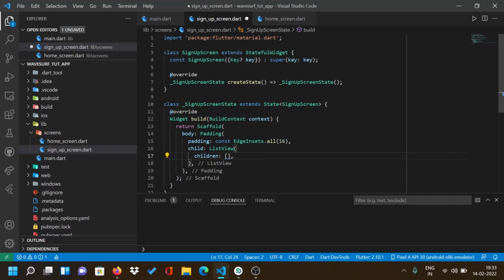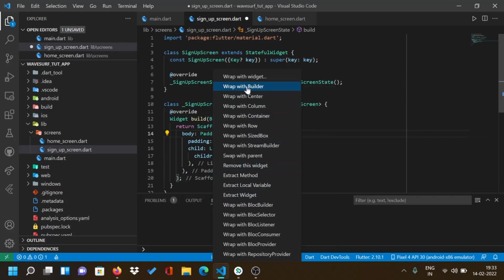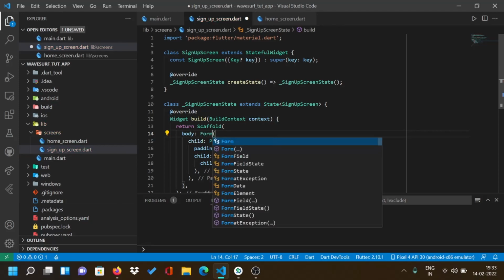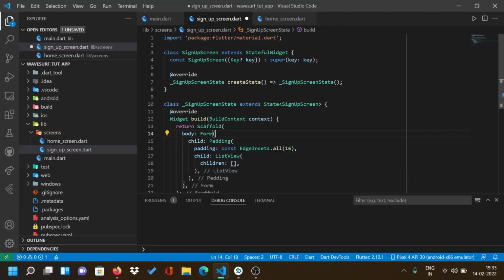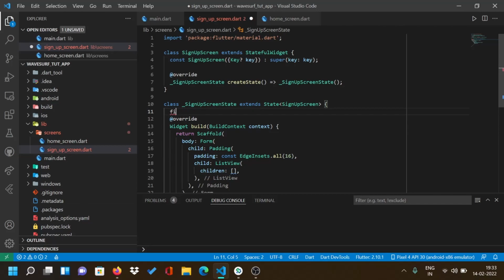Before we start providing the children of our list view, let me show you how we start building a form inside our Flutter app. For that, we just need to wrap our root widget with a form widget, and the root widget inside our sign up screen is nothing but the padding widget. So I'm going to refactor my padding widget and wrap it with a widget. The widget is going to be Form, and this is not enough because we also need to provide a global key. The global key is going to be a runtime constant. Let me spell final correctly, and it is going to be known as form key. It is going to be a global key,